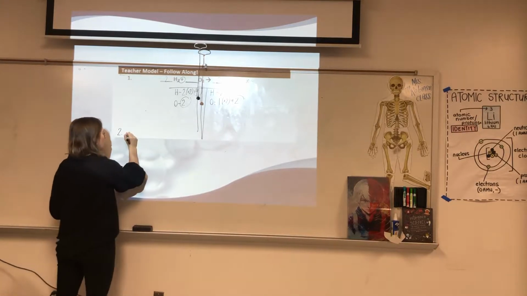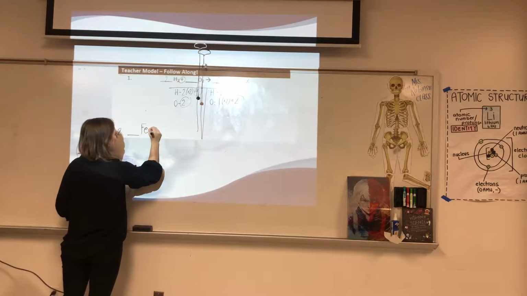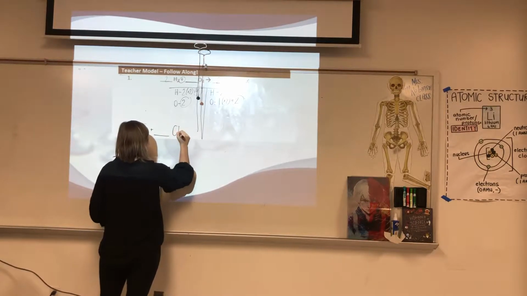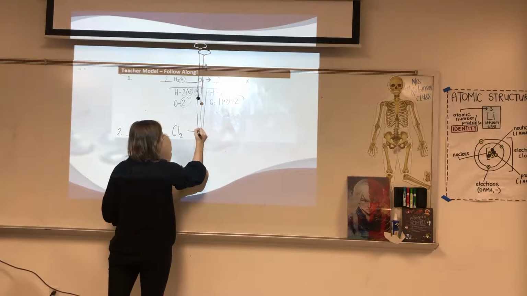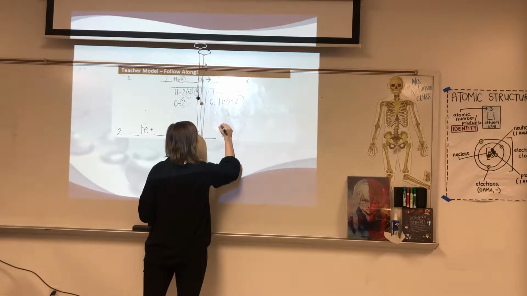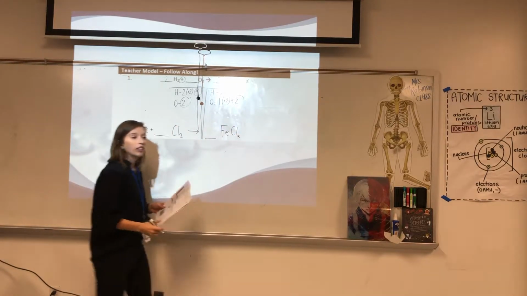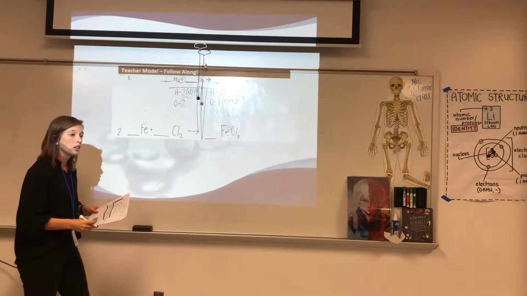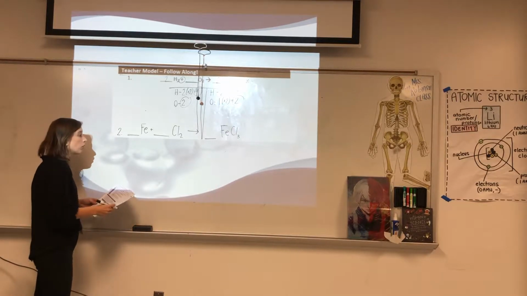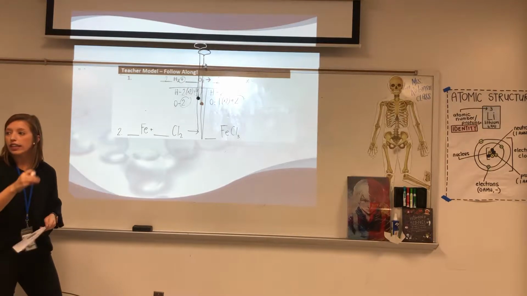Let's do number 2 of the teacher model together, and it might start to make a little bit more sense. So we have blank Fe plus blank Cl2 yields blank FeCl3. Natalie Nodell, this is your warning. Just talking to me. So the first thing that we need to do is go through and list every element,